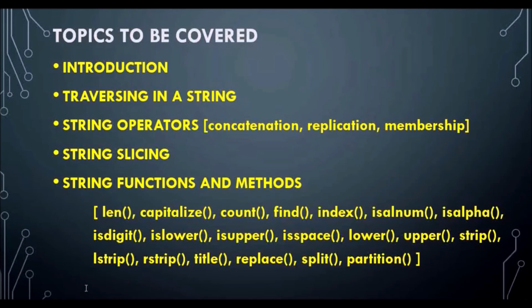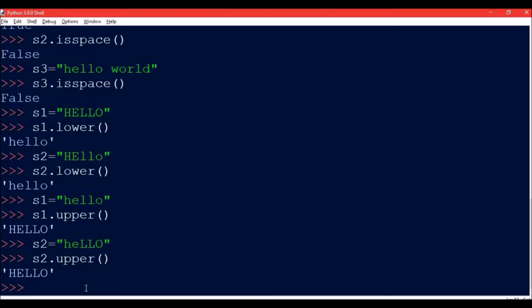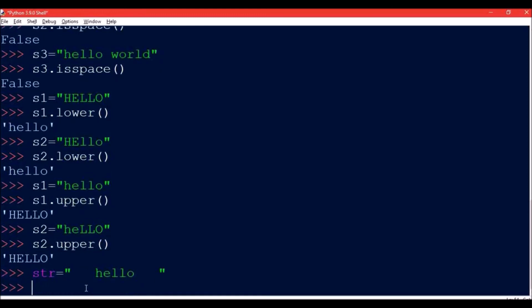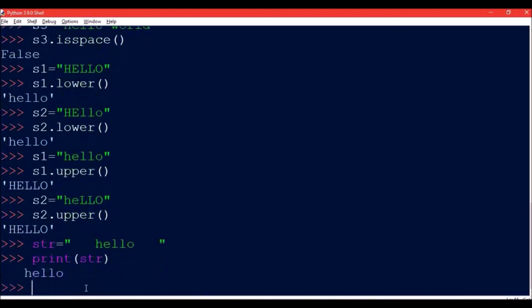So all these methods will be returning a copy only. So rstrip will return the copy of the string with trailing white spaces removed from the right hand side. str is equal to, in double quotes, suppose I give 1 2 3 spaces over here, I write hello, and I give 1 2 3 spaces after this. If I am printing the simple string, let's say print str, now you can see that the space will also be printed. This is the left space and this is the right space. So this is not visible because anything else is not present over here. So if we are printing the normal string, it will be printed with space.